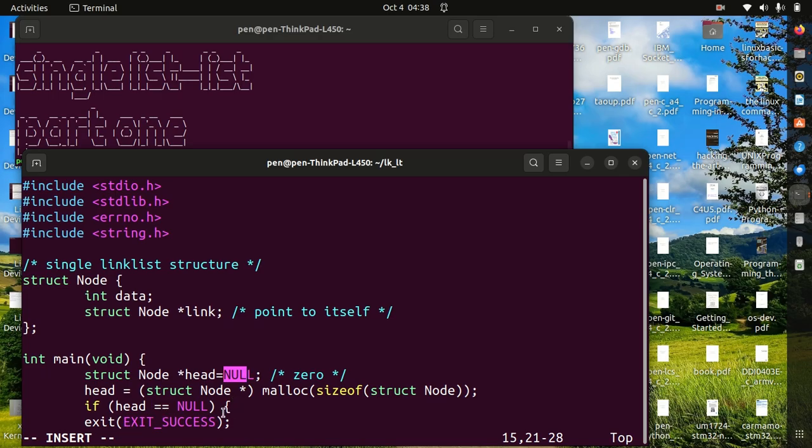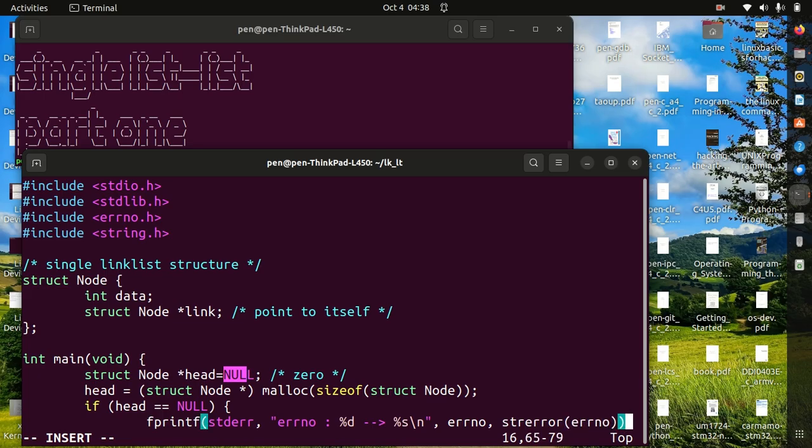But if there is an error in the code and head is equal to null, then we want to use the printf to print out the error we encounter, which we send to the standard error. Okay, so I will write error number here, space %d, space, arrow sign, I will do %s, and that will print the error number and the string associated with that error. Okay, so I'll put my double quote, comma, then errno, comma, and strerror open bracket errno close bracket,